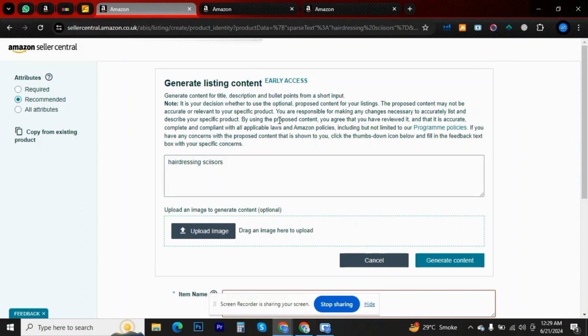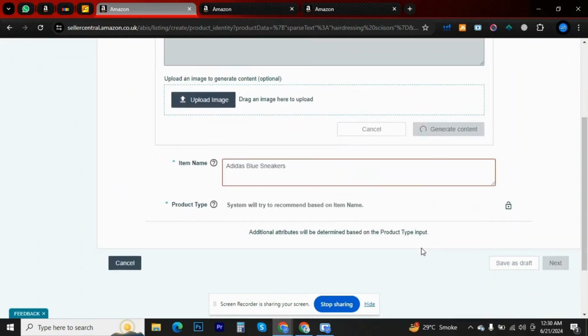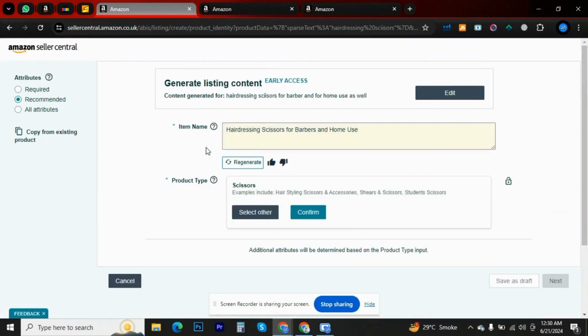You see, I can add keywords here. I have added hairdressing scissors. I can go further for barbers and for home use as well. So I write these kind of keywords. I can also upload an image of my product as well, but I'm not adding it yet. Then I'll generate content. When I generate content, you can see the item name: hairdressing scissor for barbers and home